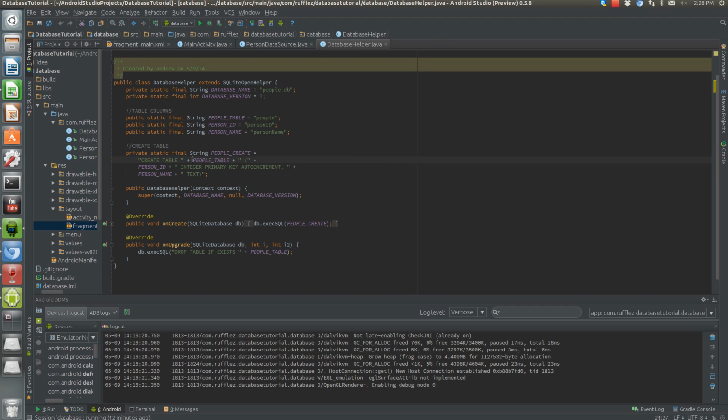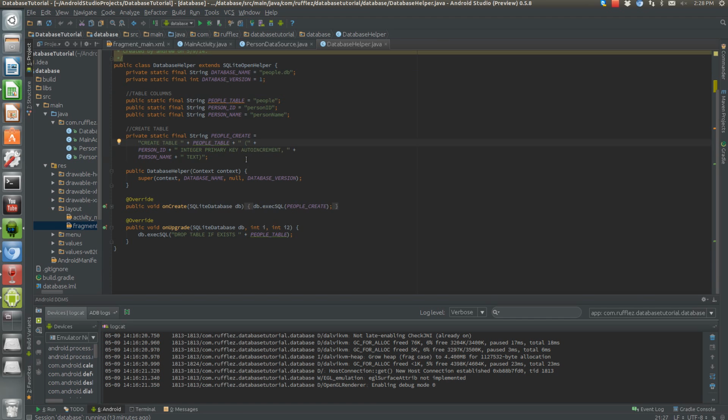So you start off with create table, then you need the table name, then inside parentheses, or sorry, colons. You need to initialize